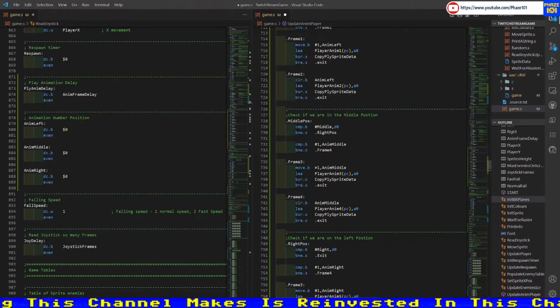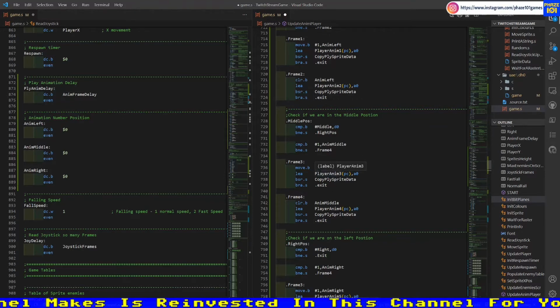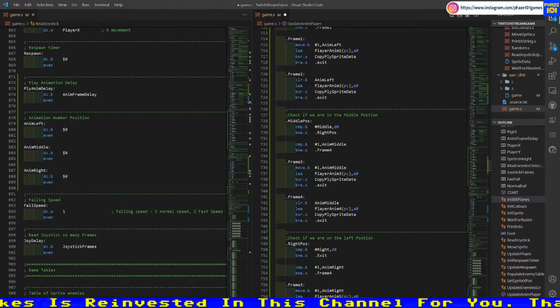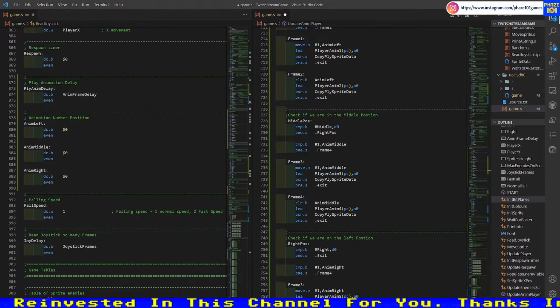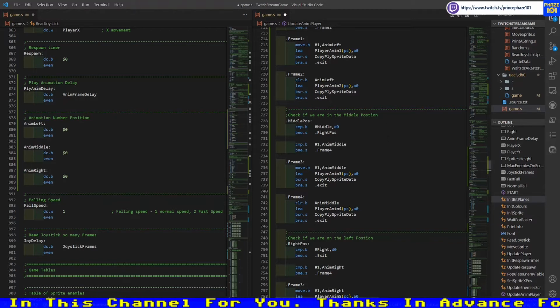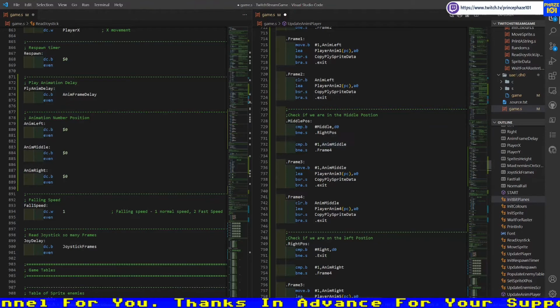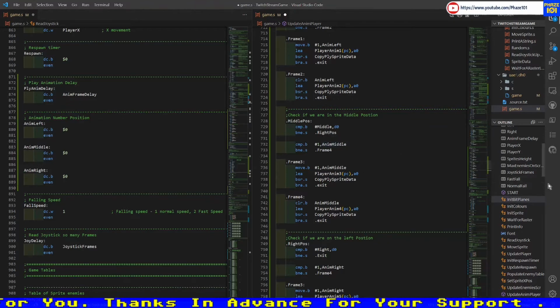What resets the data for the next frame when we change the frame, the animation? Where shall we put it? Where shall we put that? And actually,